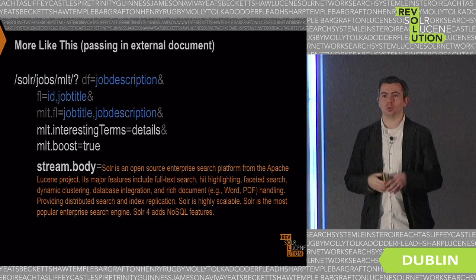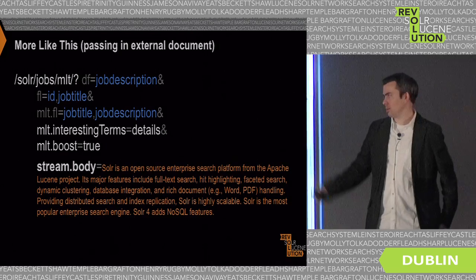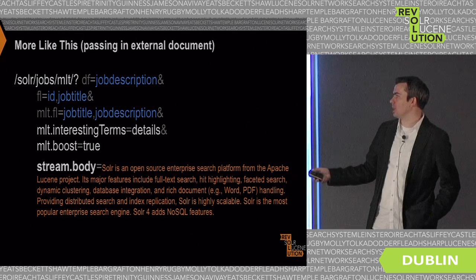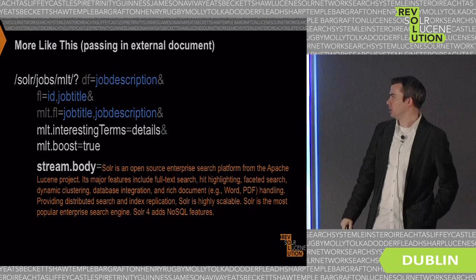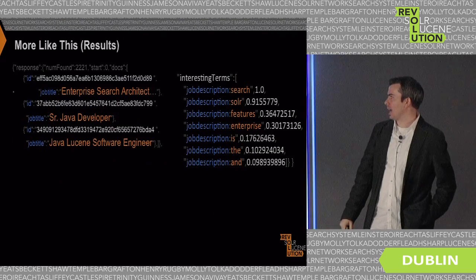If you're building an actual enterprise application, I would recommend doing an actual POST here, but that's my caveat. But this works. This is, I think, from Wikipedia, just a general description of Solr. I pass that into the More Like This handler, and I get back